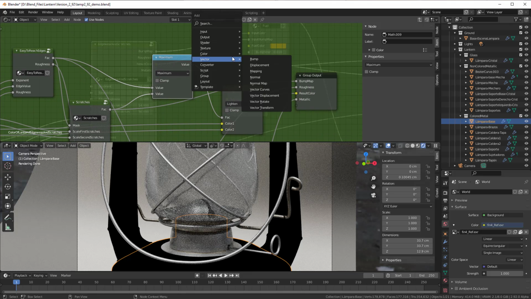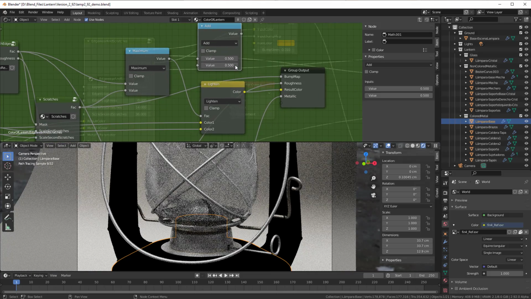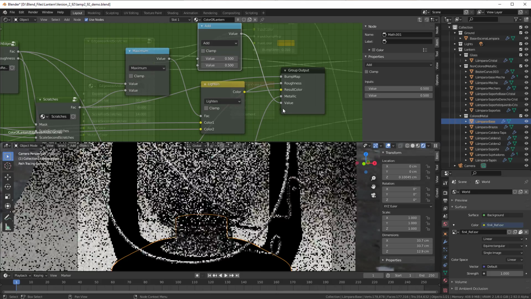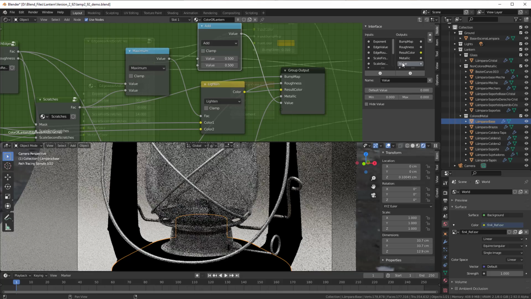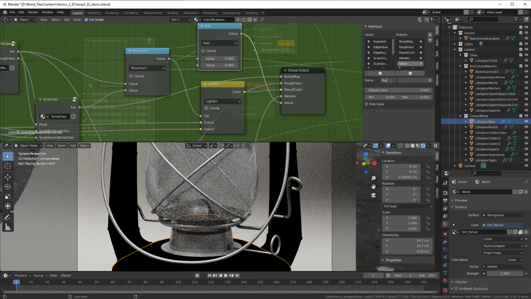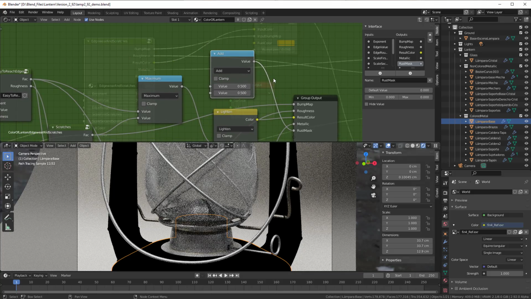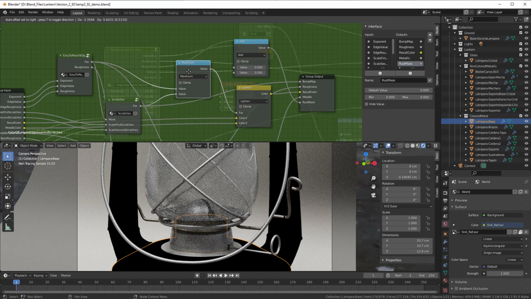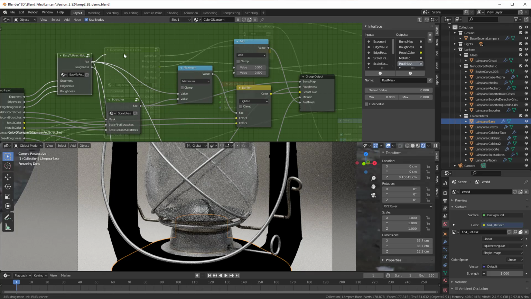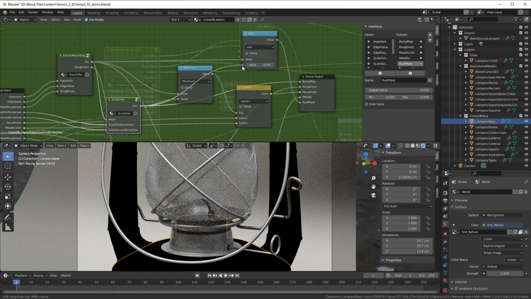So pressing Shift A, converter, a math, and an add, and that I will put in as a new output, and that value we find here at the bottom will be called Rustmask. So that is what we will use, and then I will just combine the same as we do here. So the factor from here, and then the factor from the scratches. So we put them in here,